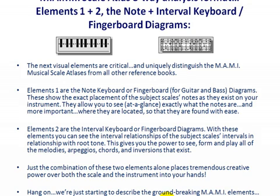Element 2 is the interval keyboard or fingerboard diagrams. With these elements you can see the interval relationships of the subject scale's intervals in relationship with the root tone. This gives you the power to see, form, and play all of the melodies, arpeggios, and chords, plus inversions that exist. Just the combination of these two elements alone places tremendous creative power over both the scale and the instrument